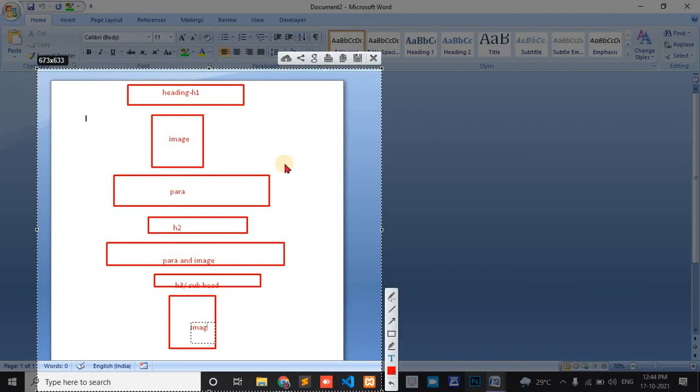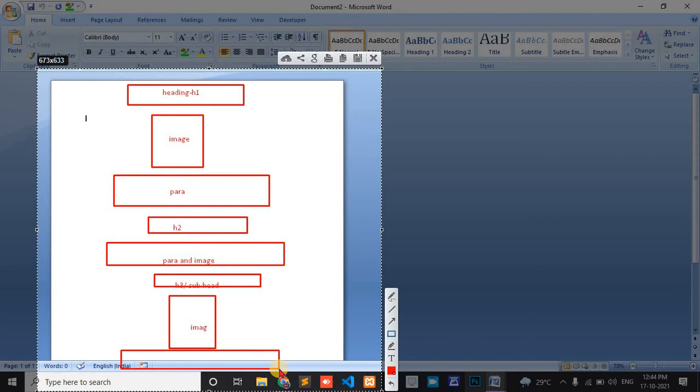Okay, this pattern we follow. First is heading, then featured image, then paragraph, then H2 tag, paragraph and image. Next, H3 is optional as a subheading, then image. After the image, add the paragraph and end your blog.